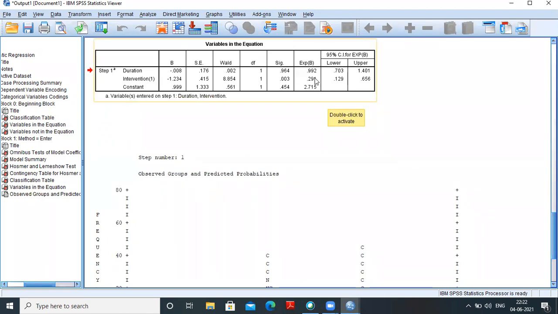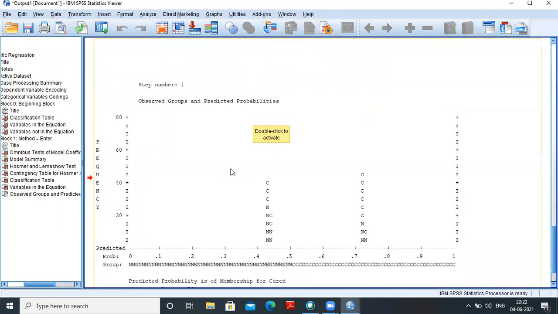And these are the exponential beta values for these, 0.992 and 0.291, right? And these are the Wald tests, which show that it is significant for intervention, with a value of 0.003.